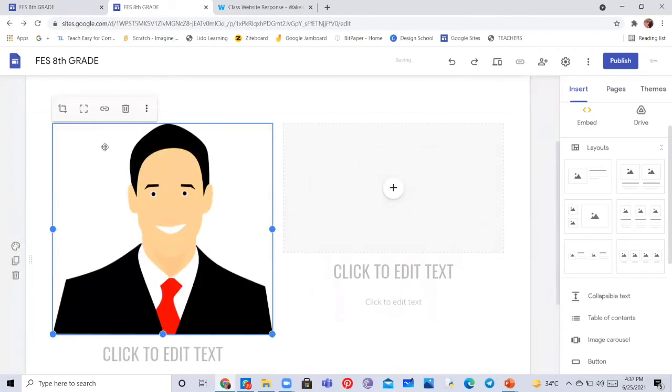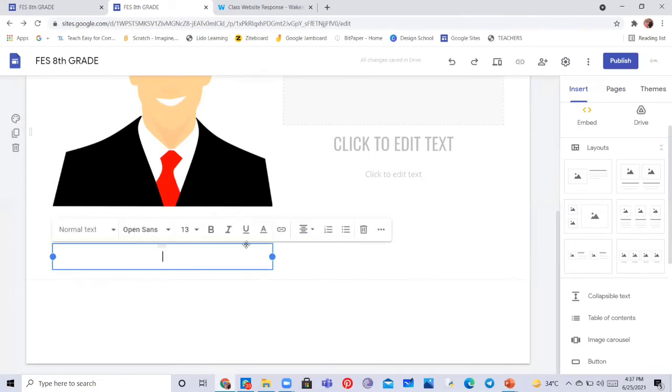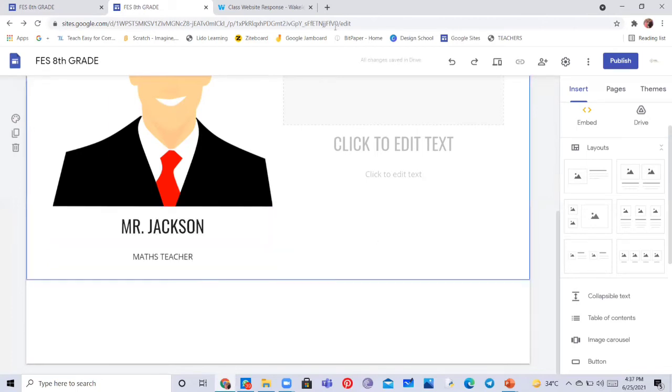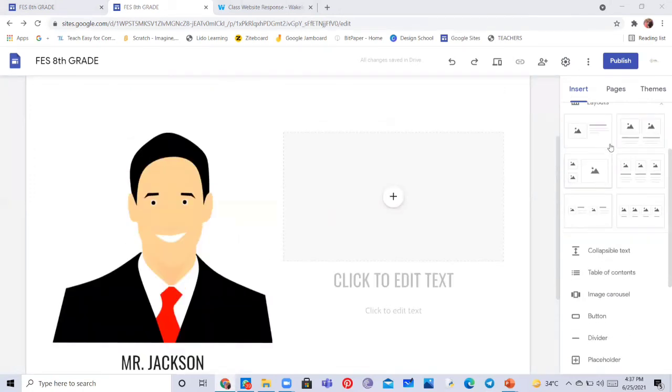Then you can uncrop it and add text, Mr. Jackson, or whatever the teacher name is. And you can add the subject taught by the teacher, like maths teacher. Okay, then we will add Miss Shirley as well, likewise.